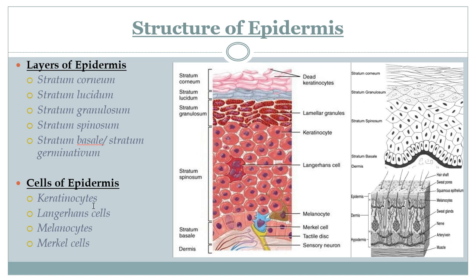Keratinocytes, they are the main cells of the epidermis. They constitute 90% of the epidermal cells and form the outermost layer of the skin. Here you can see the dead keratinocytes. They produce a fibrous protein called keratin, which helps in skin protection. These cells form a barrier against environmental damage, viruses, and pathogens.